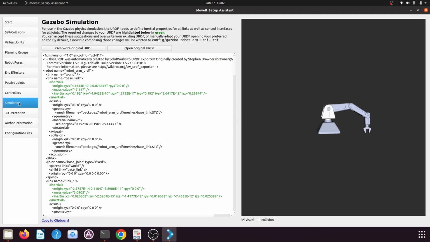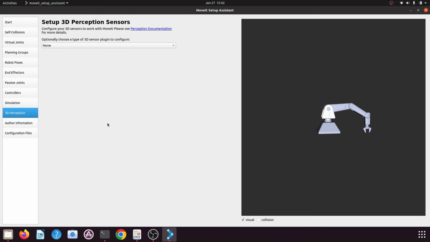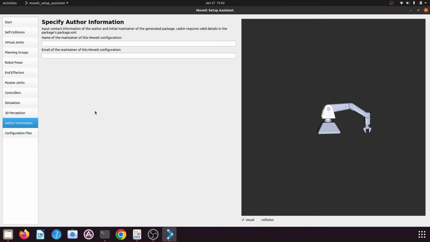You can go to simulation and copy this URDF file if needed, but I will not do this. I will use my original URDF only. Again, in 3D perception, you don't need to do anything. Directly go to author information and here give your name